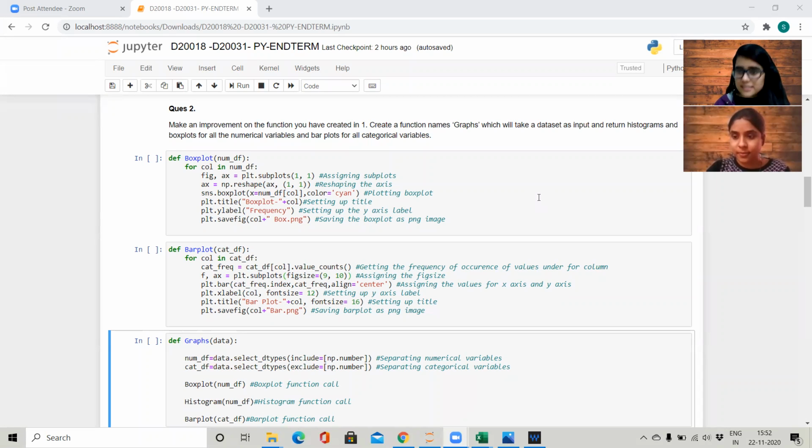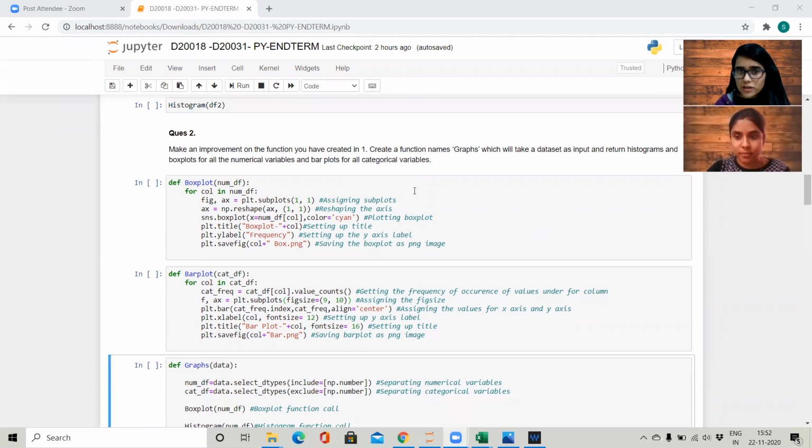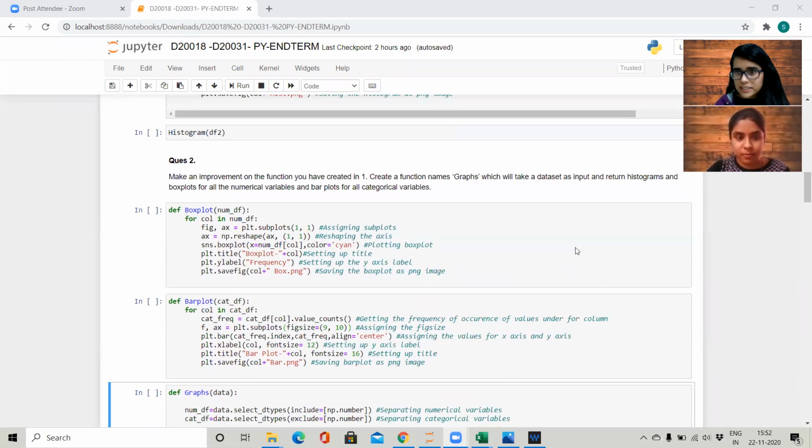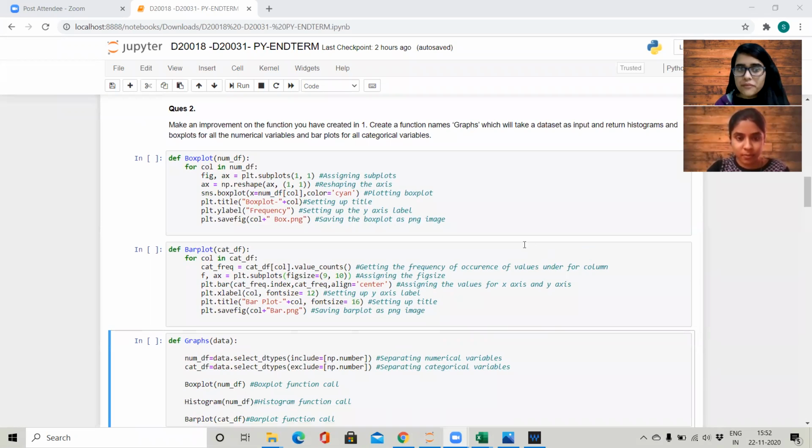As this problem is an extension of the previous problem, the histogram function is already created and you can see it in the previous video. In this part, we are creating a box plot function as well as a bar plot function and then calling it in the main function and then displaying a visualization. As part of the box plot function,